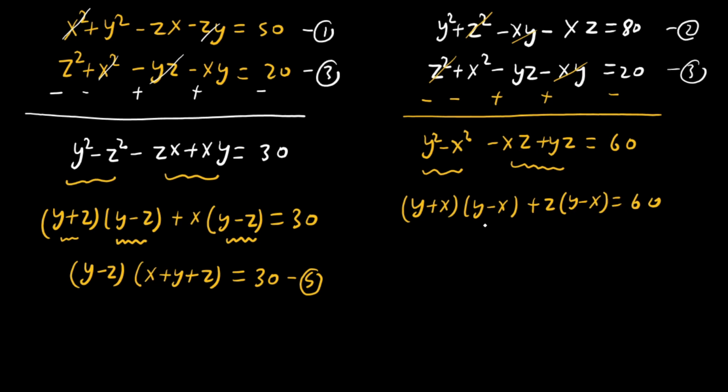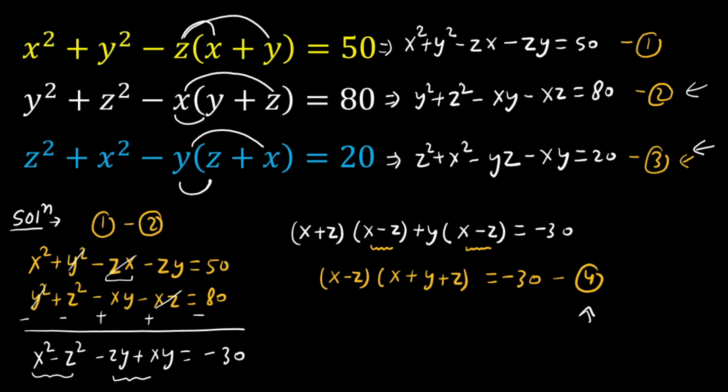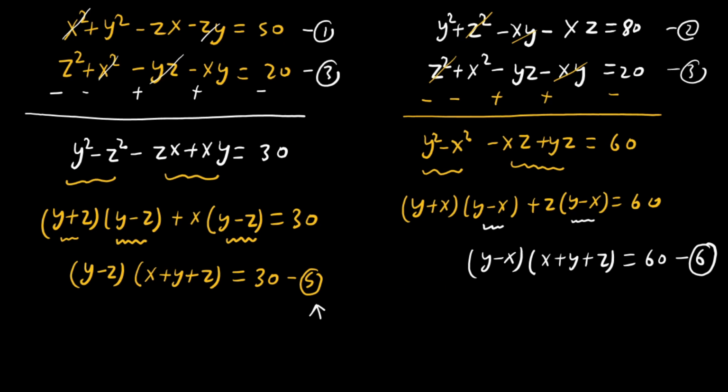Now if we take y minus x common, then we get y minus x times x plus y plus z, and this is equal to 60. Let us consider this as equation number 6. If we divide equation number 5 by equation number 4, then equation number 5 is y minus z multiplied